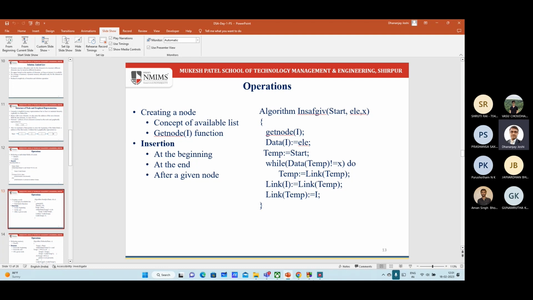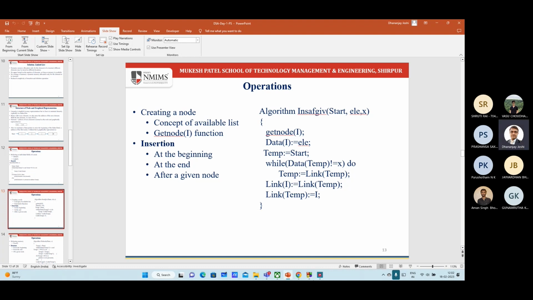वो जो सर्च ऑपरेशन हमने यूज किया था, वैसे हम 20 सर्च करते करते आगे बढ़ेंगे तो 20 वाले नोड का एड्रेस मिल जाएगा। तो 20 वाले नोड का एड्रेस मिल गया, इसकी लिंक फील्ड से 15 वाले नोड का एड्रेस मिल जाएगा। ठीक है, फिर जो आई वाला नोड है उसकी लिंक फील्ड में सपोज कीजिए 20 वाले नोड का एड्रेस टी मिला। What I will write, link of i is equal to link of t. तो link of t मतलब ये वैल्यू क्या है? इस नोड का एड्रेस है, तो यही हमें यहाँ पे स्टोर करना है।